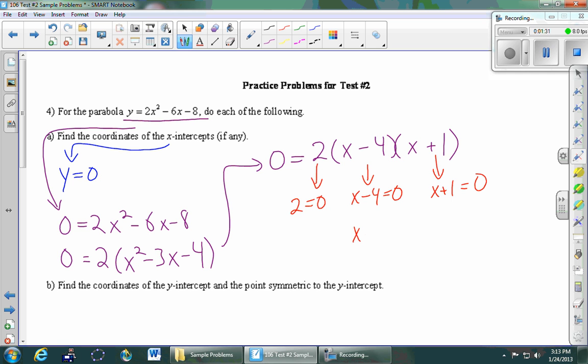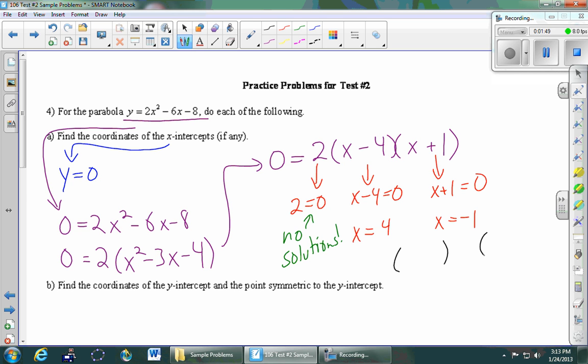Okay, so I'll jump to the middle one. Here we get x is 4. Over here, x is negative 1. Over here, 2 equals 0 is ridiculous, so there are no solutions that come from that 2. So we've got our 2 x-intercepts at 4 and negative 1, and so we'll just write down the final answers